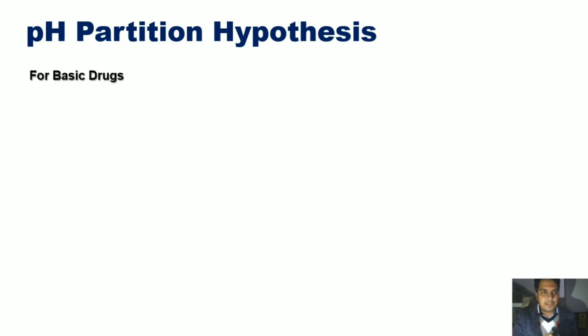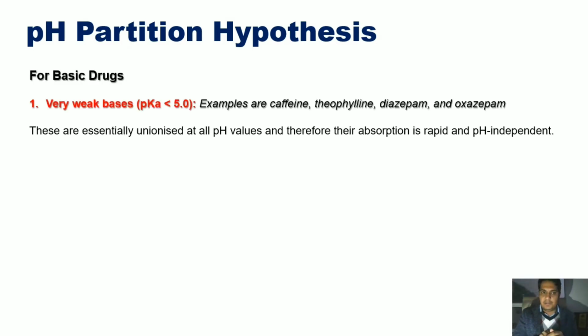Now, if the drug is basic, for a weak base, the pKa value will be less than 5. Suitable examples of this category are caffeine, theophylline, diazepam, and oxazepam. These are essentially unionized at all pH values. If they are unionized at all pH values, their absorption will be rapid and good at all pH